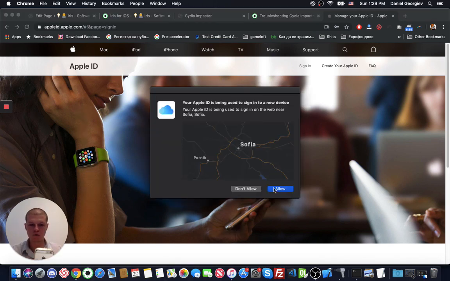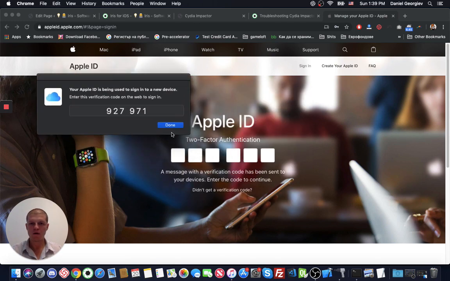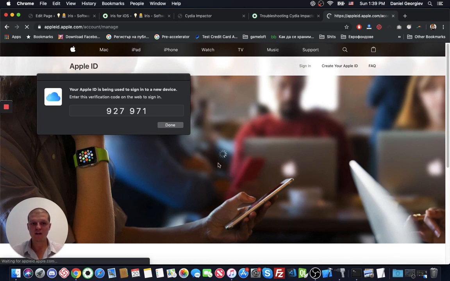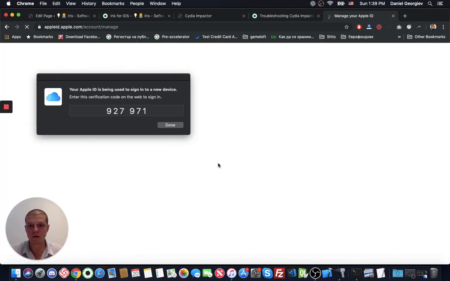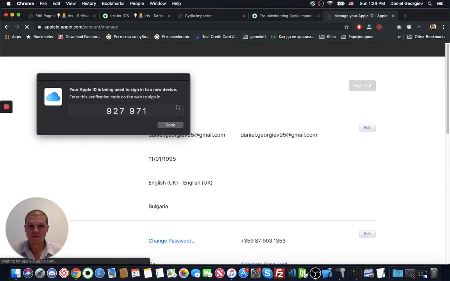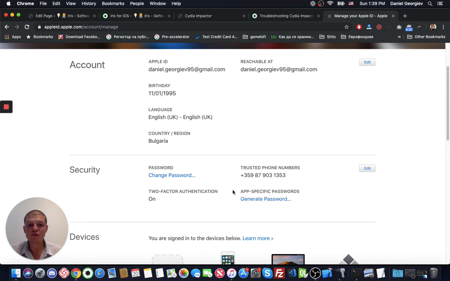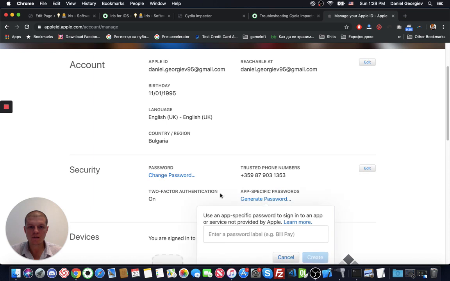I have two-factor authentication, so you just need to click allow, and not sure if you get the code on your phone or on your PC, but this is the code that you need to enter. Every time it's different. This is for additional security, but it's stupid. Never mind. So when you're here in your profile, you need to generate a specific password. Do you see this? You need to click this